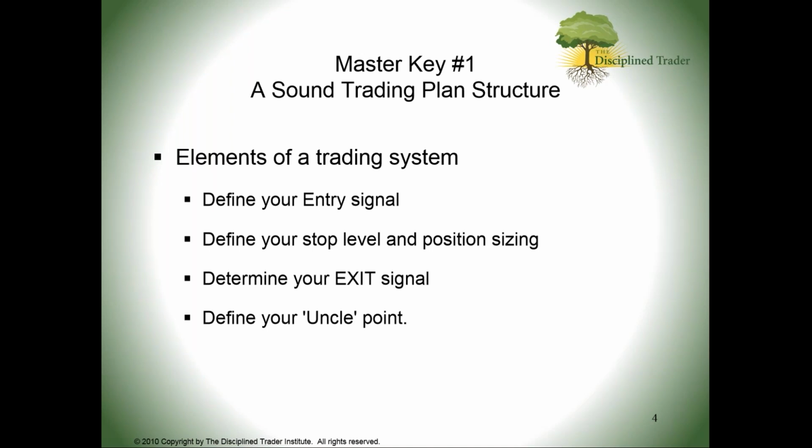As kids, I don't know if they do it anymore, we used to pin somebody's arms on the grass. You pin their arms down and they give up and they say uncle. Okay, so uncle is when you give up. This is what we did in the schoolyard, and it's true of trading: you've got to have an uncle point and say, okay, clear the slate, because I'm going to tell you right now, when you get out of a losing trade,